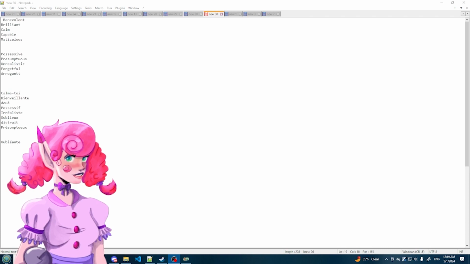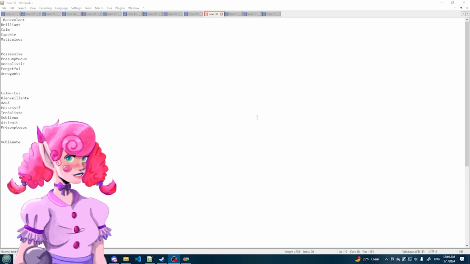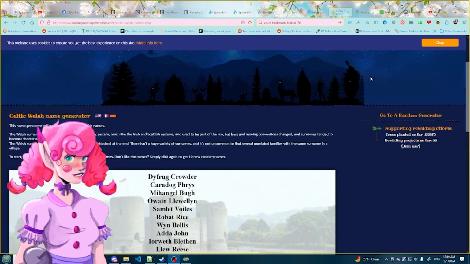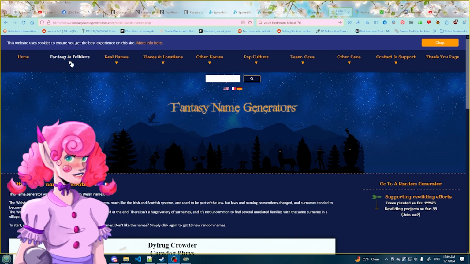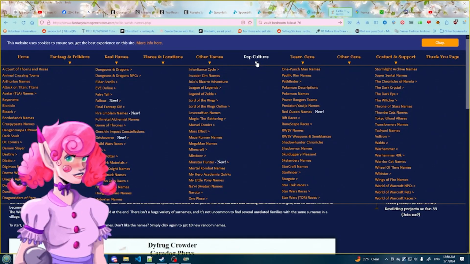I also wanted to bring up a few more things about how to name your characters before I go. So, since you guys have this, which was the Oubliette, I also use FantasyNameGenerators. It has a plethora of names. It has fantasy and folklore. As you can see, this is a crazy website. It even has pop culture, like stuff from lore you could use.